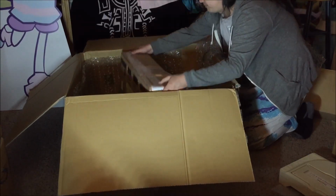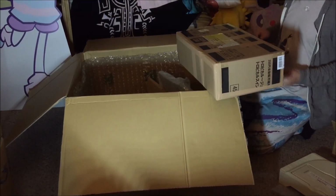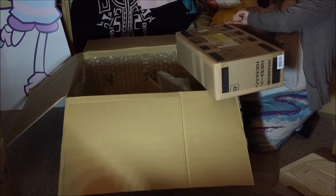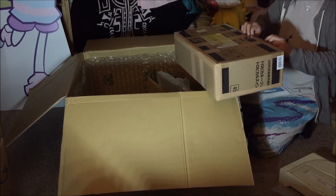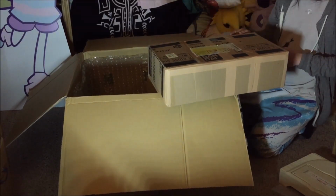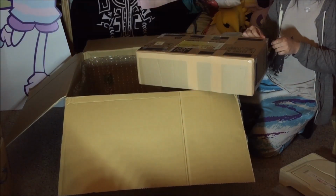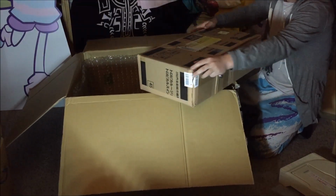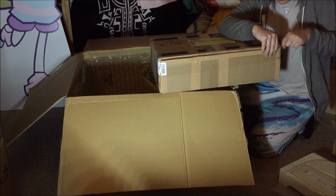Alright, next up, I'm assuming some of the control panels and marquees are in the other box since it's big and long, but I can already see in there one of the more exciting things out of this batch. It's still in the box. I don't remember what this is. I mentioned in the last video that half the time I get these, even if I look up what I have coming, I will forget by the time I open it. But this is pretty light, so